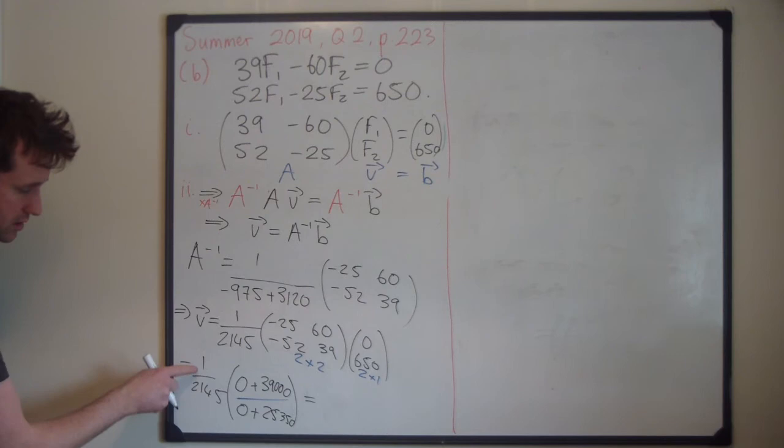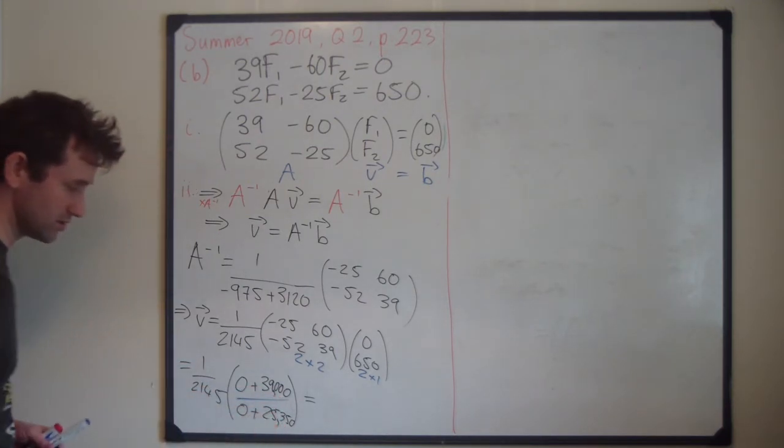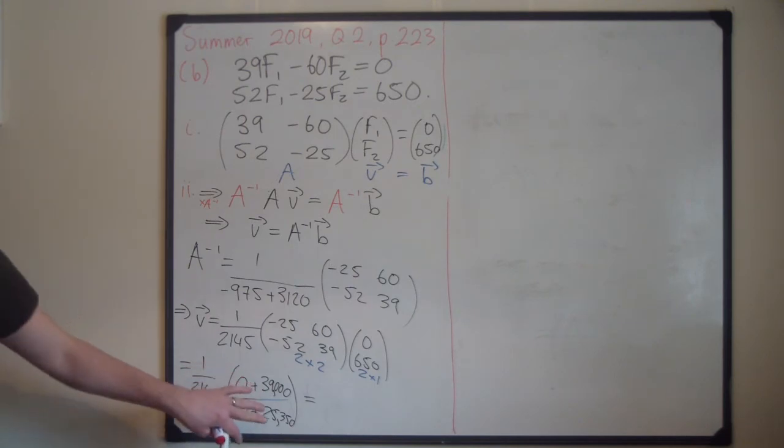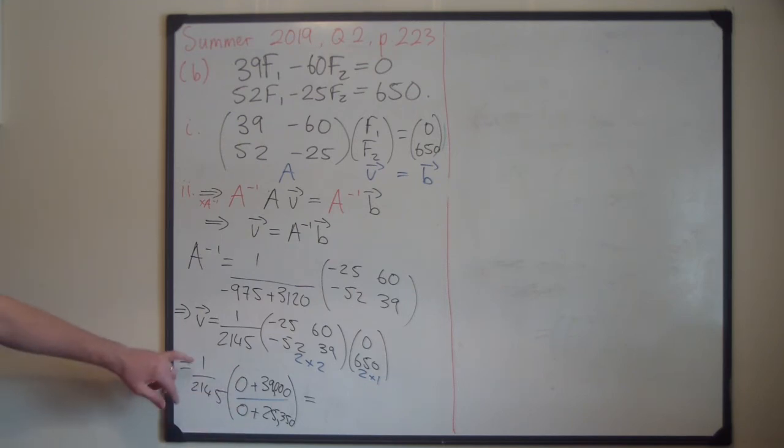So you've got 39,000 here, 25,350 here, and this vector of unknowns is multiplied by 1 over